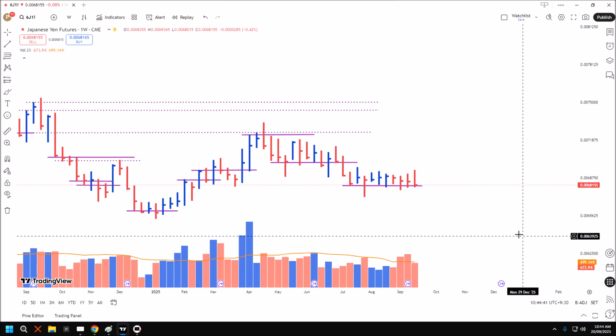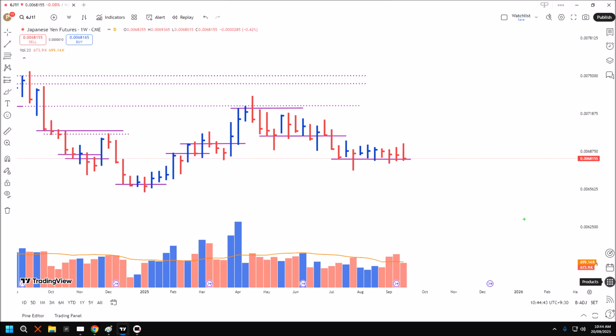Japanese yen currency futures. Similar to the previous two charts, this market attempted to move higher earlier in the week and then faded lower on reduced and just slightly below average volume to close right at the previous support line. All these markets haven't shown a great deal of intent in either direction. They've really just faded lower on average or slightly below average volumes and effectively traded sideways overall.